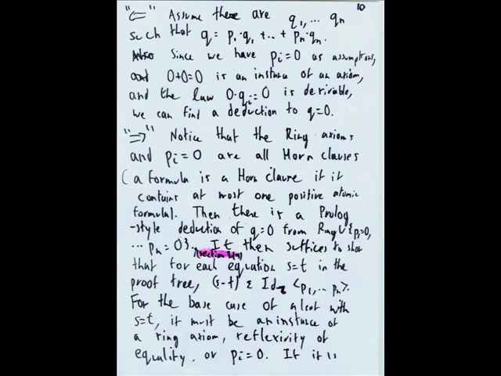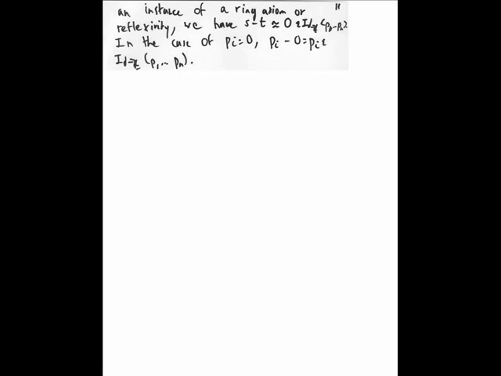Anyways, so for the base case, which we do for trees, is when we have a leaf with s equals t. It must be an instance, because it's a leaf, of a ring axiom, reflexivity of equality, or Pi equals 0. If it's an instance of a ring axiom or reflexivity, we have s minus t equals 0 in the ideal generated by P1 up to Pn, because